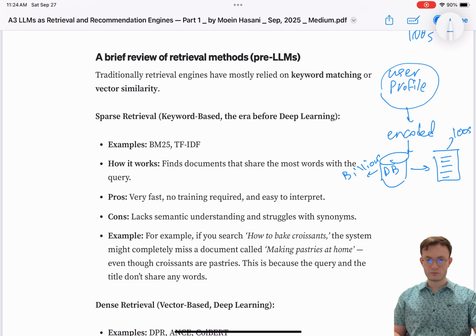If your user query includes certain words, we will look for the document that has those words, and we will find the document that has that word the most or has the words proportionately more than other documents.